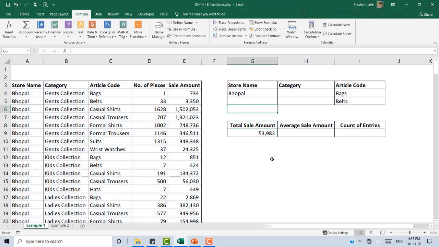Since your store name is the same for both, you need to copy this Bhopal over here. So 8227 is your answer for the total of bags and belts in Bhopal. Understood, students? So this is how you can use DSUM. The rule is you cannot keep it blank. If you keep it blank, then it will show the wrong details.